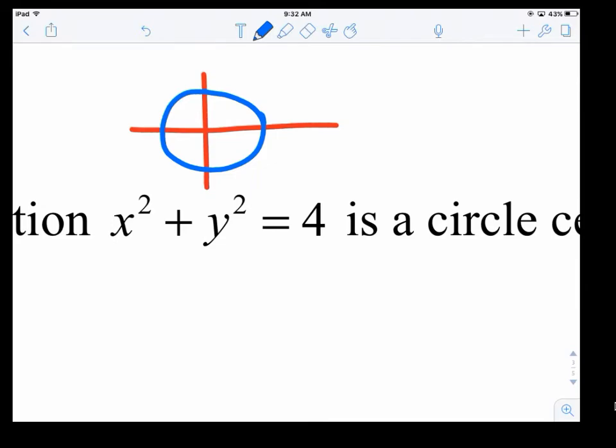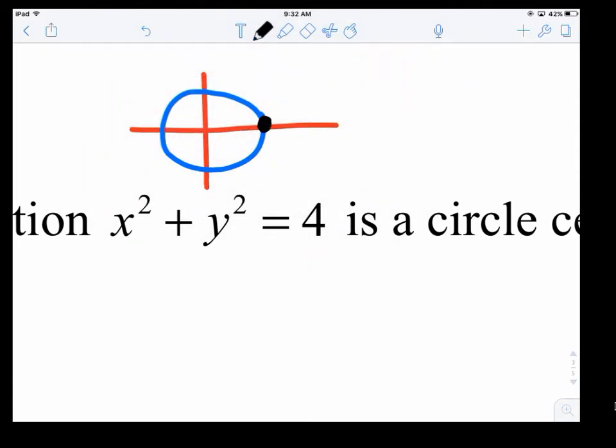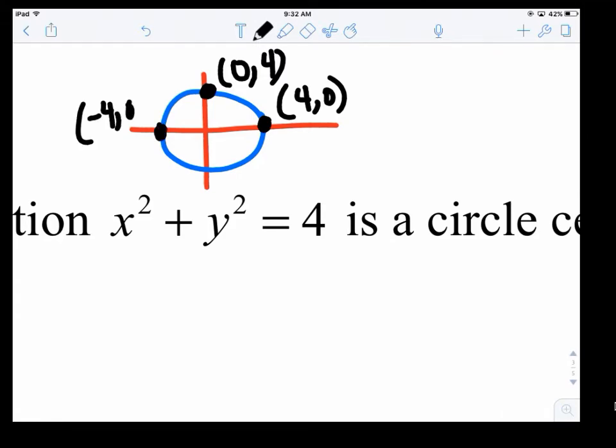And we know that this point here would be what? 4 what? And that point there would be what? And this point would be, and then this point would be,